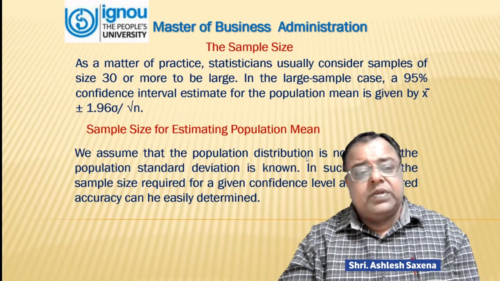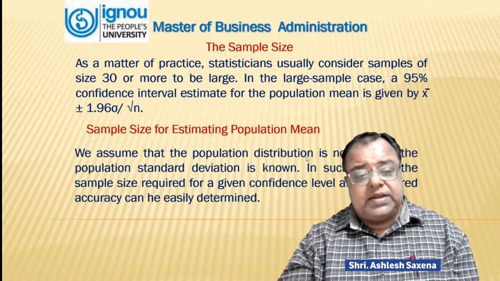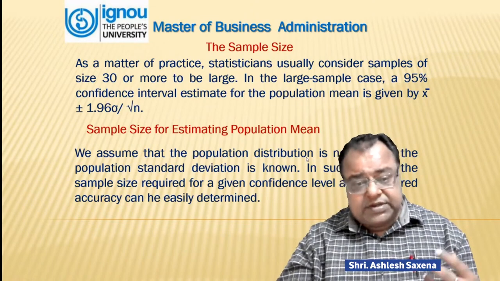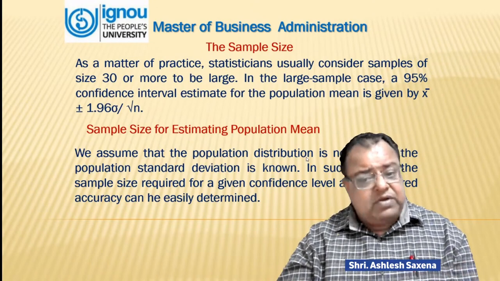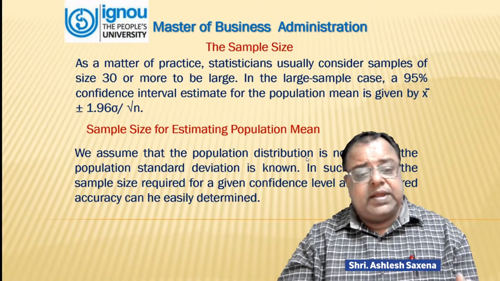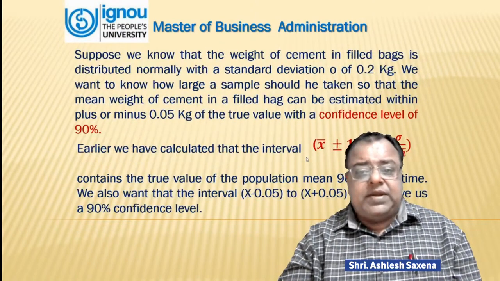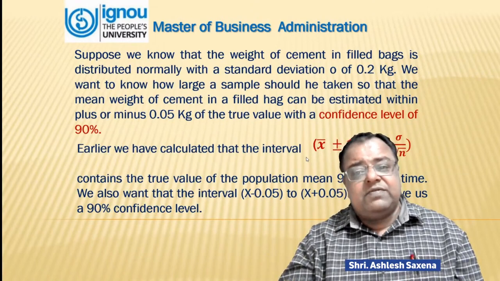Now we have to calculate the sample size for estimating the population mean. We assume that the population distribution is normal and the population standard deviation is known. In such a case, the sample size required for a given confidence level and a required accuracy can be easily determined. Suppose we know that the weight of cement in field bags is distributed normally with a standard deviation of